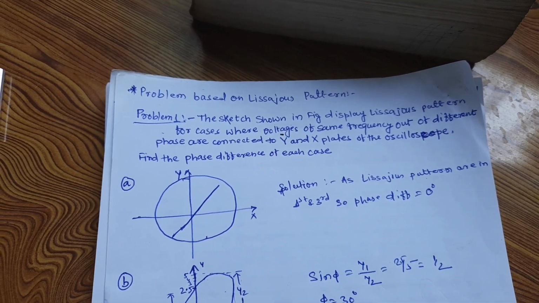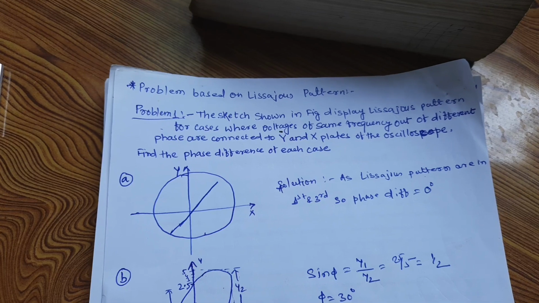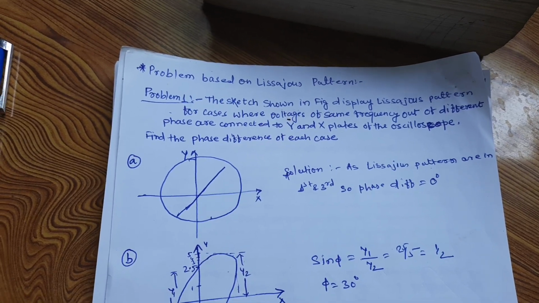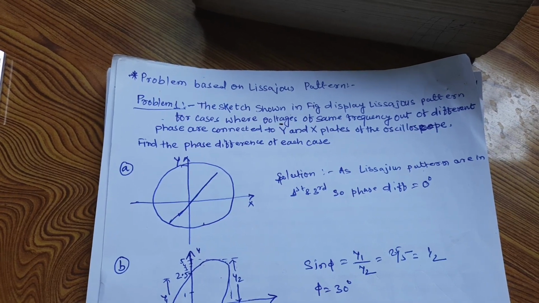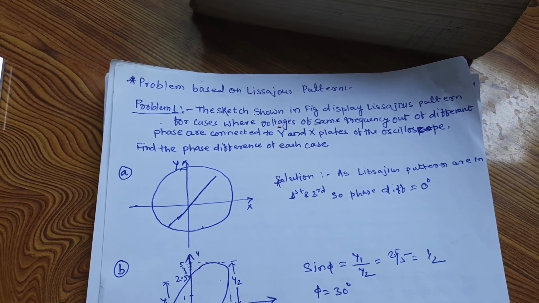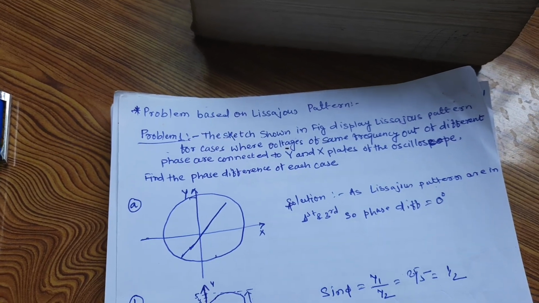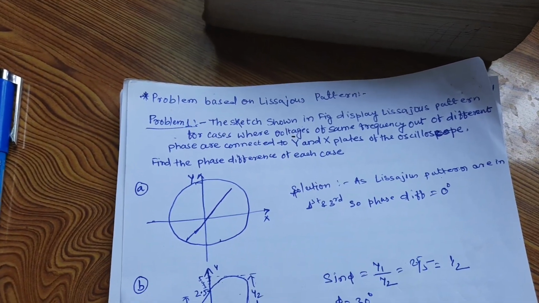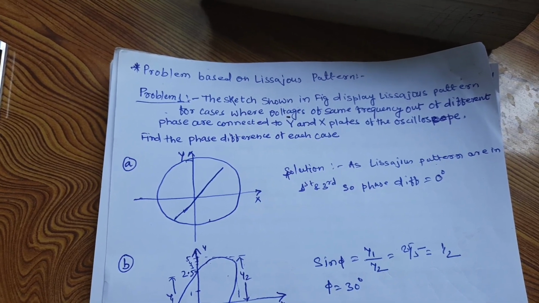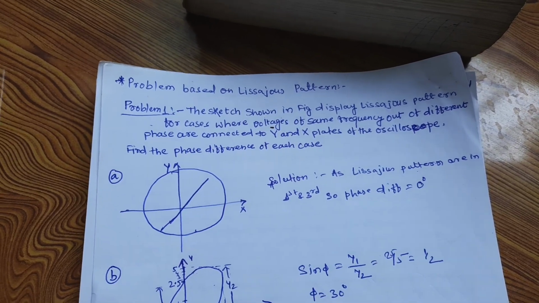In the last class we discussed that for the measurement of phase difference, the two signals applied on the X plate and Y plate must be of the same frequency. If there is zero phase difference, a straight line will appear. If the phase difference is from 0 to 90 degree, an ellipse will appear in the first and third quadrant, whose major axis is along the first and third quadrant. If the phase difference is 90 degree, the CRO shows a circle. And if the phase difference is from 90 to 180 degree, the CRO traces an ellipse whose major axis is along the second